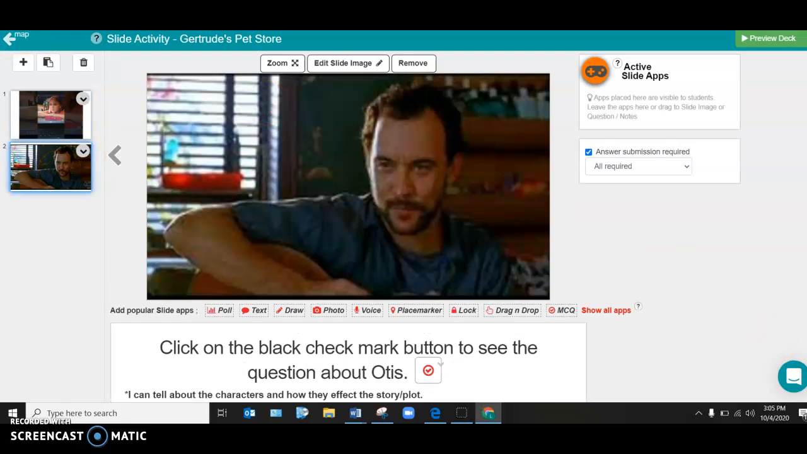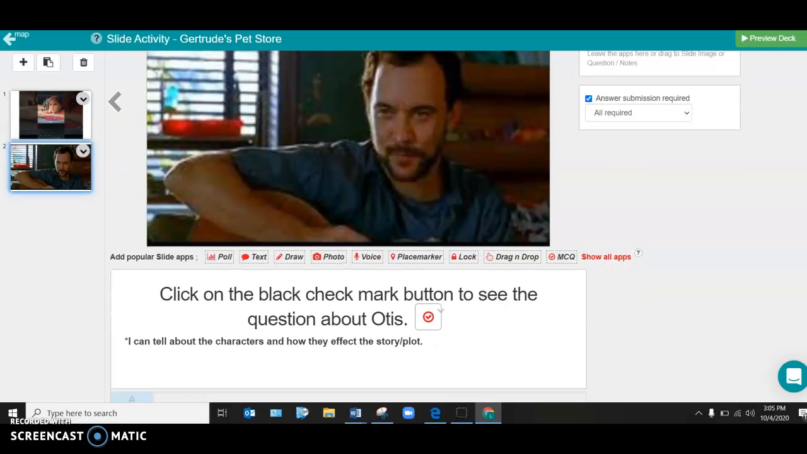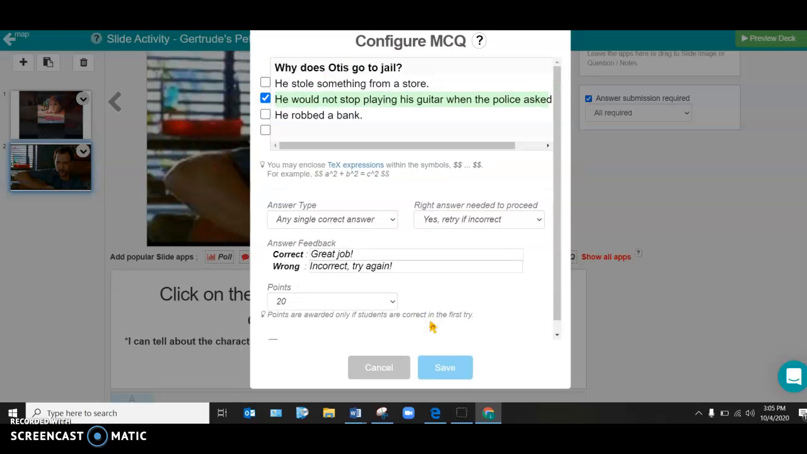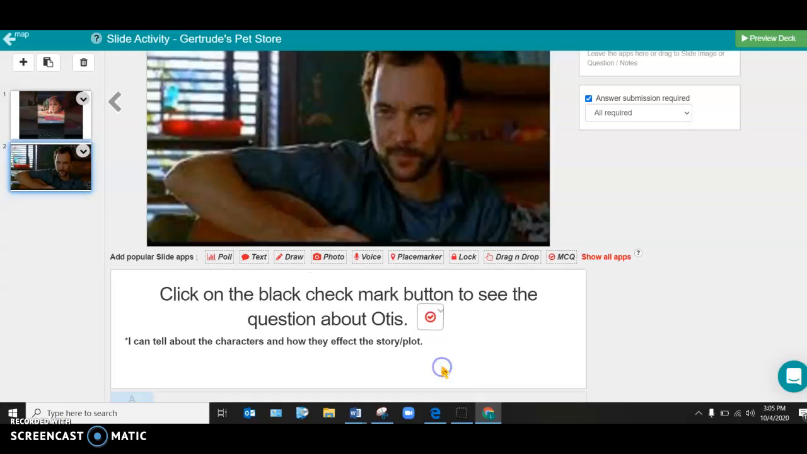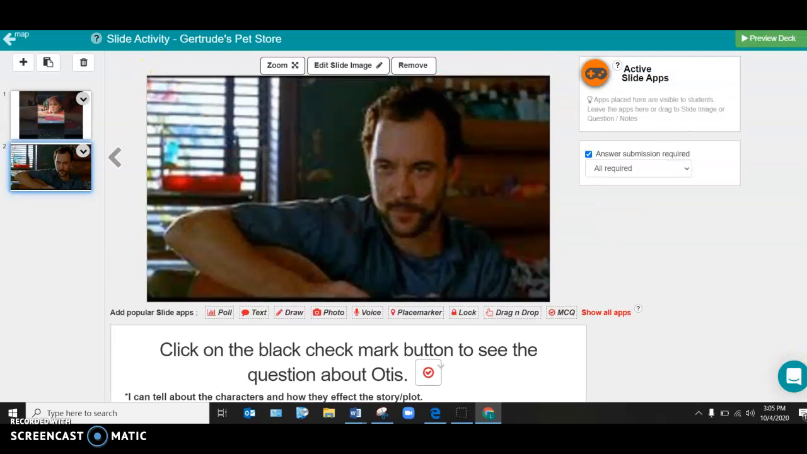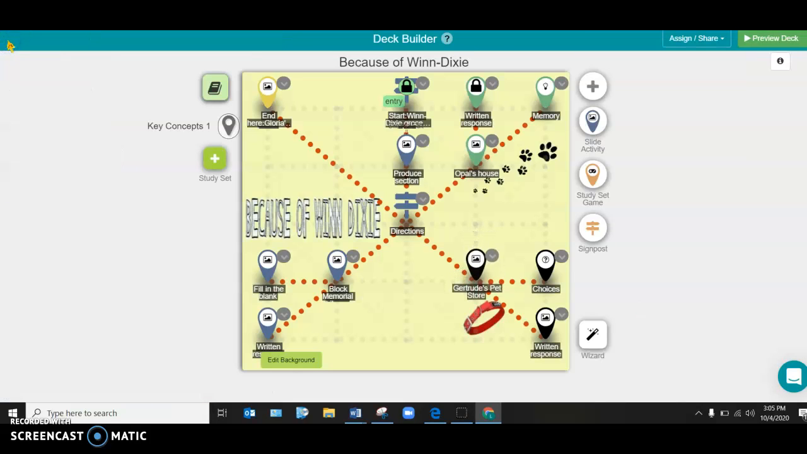And so here is where they will earn their key after they answer the question that has to do with this character. Their learning target is to tell about how this certain character affects the story or the plot. And then their question that they have to answer is a multiple choice question. So once they get that correct, then they will earn a key that will help unlock the final question and